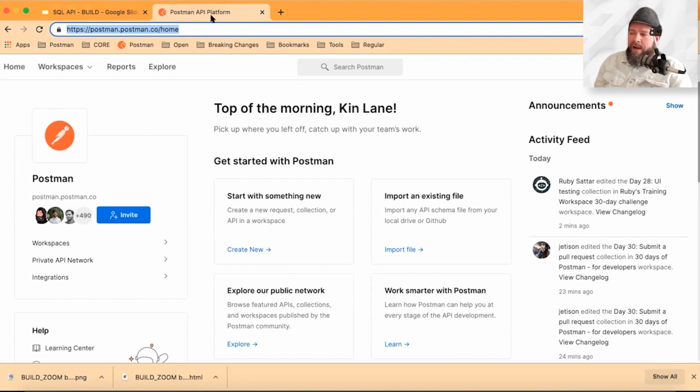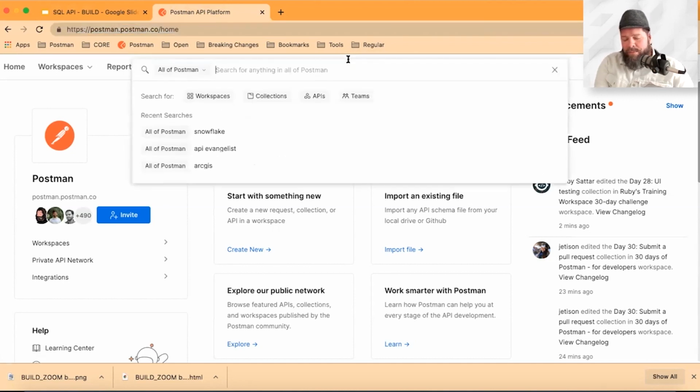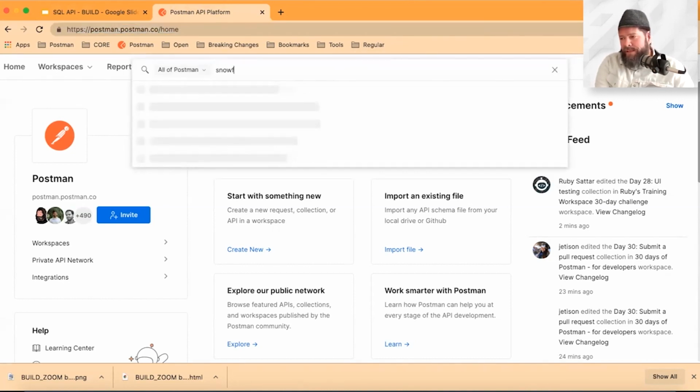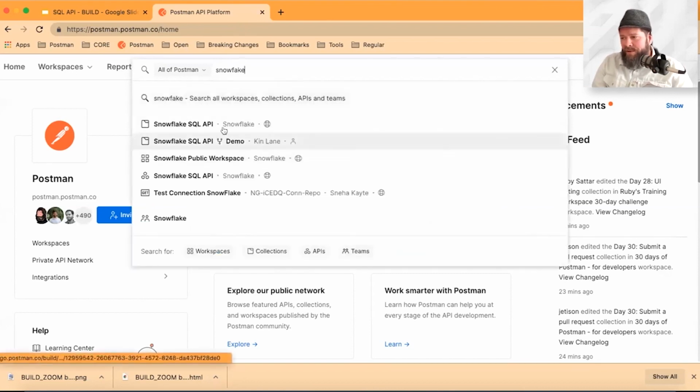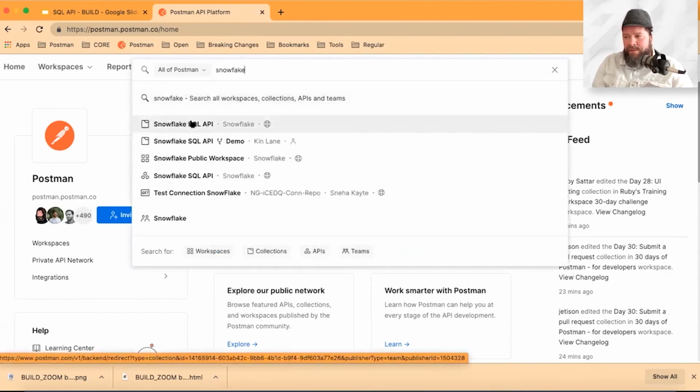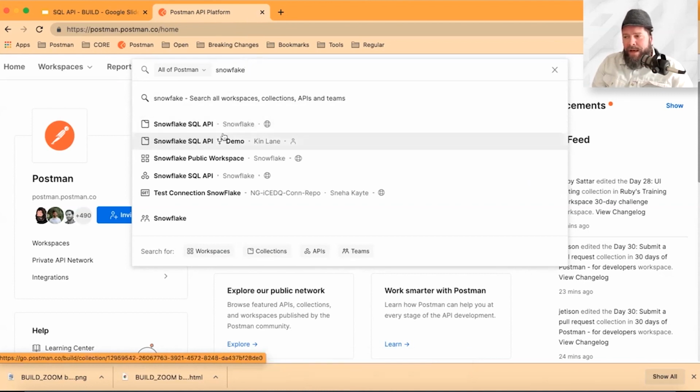So you've come from developer.snowflake.com, and you're going to land right on their workspace. But if you're just in your Postman, like I am on my homepage here, and you want to find the Snowflake API, you type Snowflake SQL API. Snowflake, you see, is the user here, the team. You can see I've been playing with it. So I've got a couple